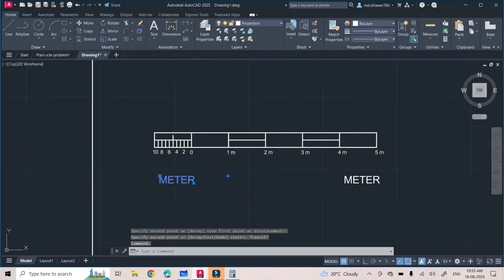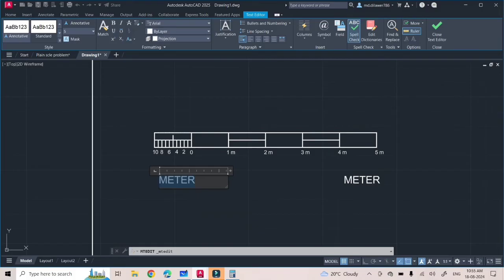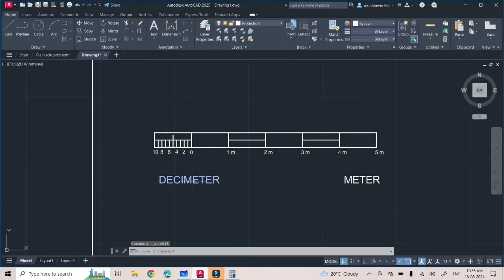So next, the sub scale: the first unit is divided into 10 equal parts, that is 1 meter equals 10 decimeters. That's why this scale measures in decimeters. Then use the escape button. Now you can simply move it a little bit, right? So we have drawn the scale and the RF also. So simply you just copy and paste here,